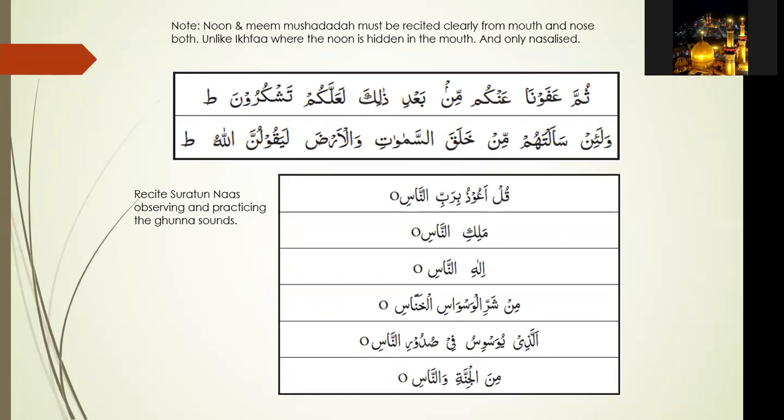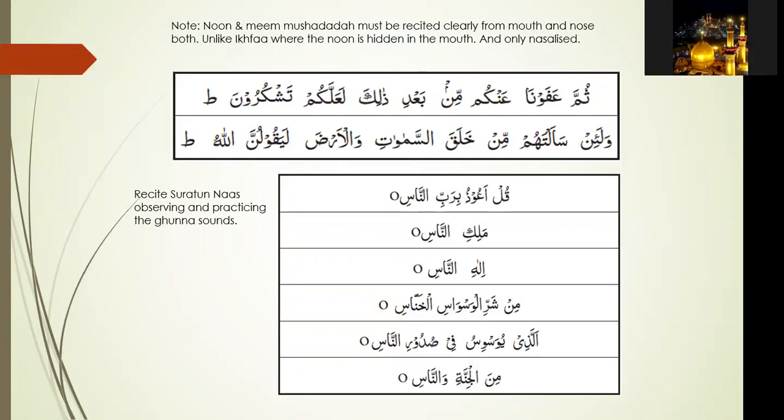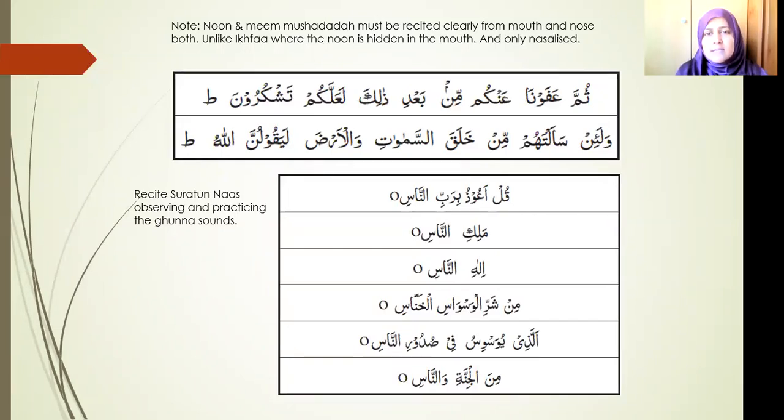عنكم من بعد. So what is ikhfa, please? Ikhfa is when you hide the noon from your mouth and you put it in your nose, so it does not go towards the makhraj of the noon, which is the rule that we did day before yesterday. And the reason this happens is because the noon sakina is followed by one of the 15 letters of ikhfa. Ankum. That's عنكم. Yes, ahsanti.